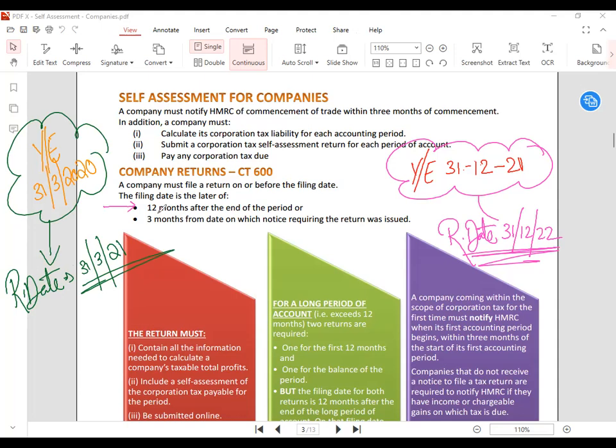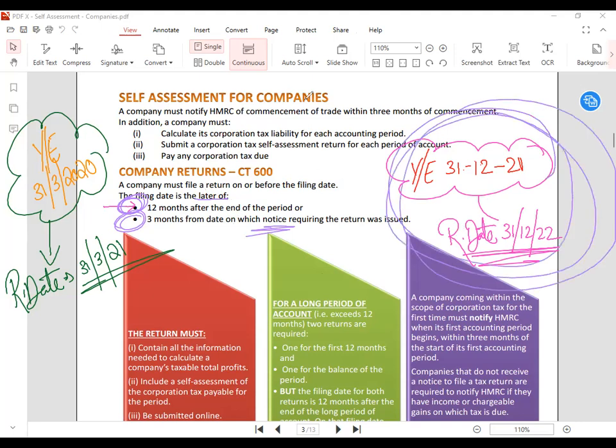But sometimes the government needs details from you earlier. Earlier means the government is asking you to submit the details now. Maybe they are suspicious, suspecting you of tax evasion or tax fraud. So they will send you a notice. Your normal case is that you are required by law to submit the return by not later than the standard date. But if the government sends you a notice, say on 1st of January 2021, the very next day after your year end, asking you to please submit your return,